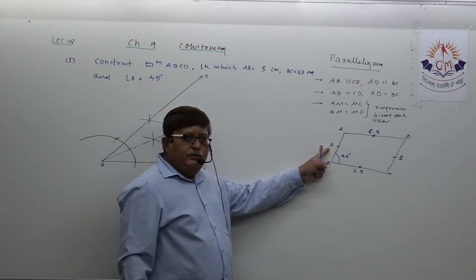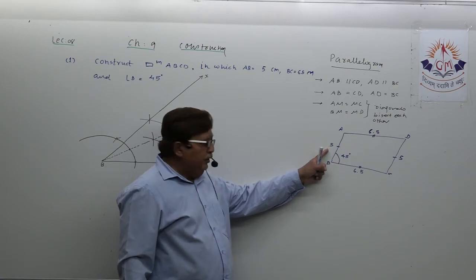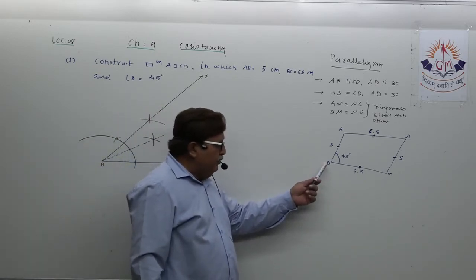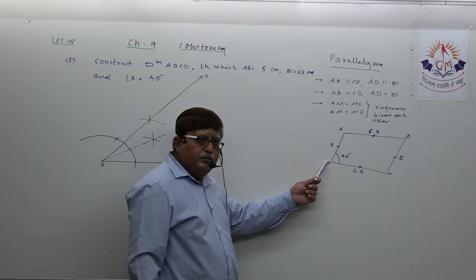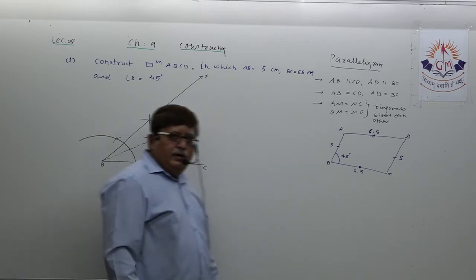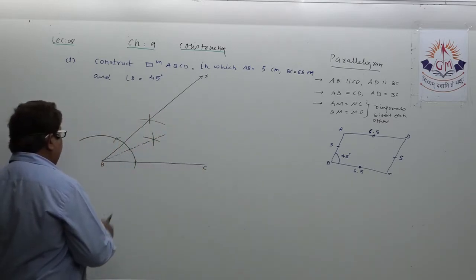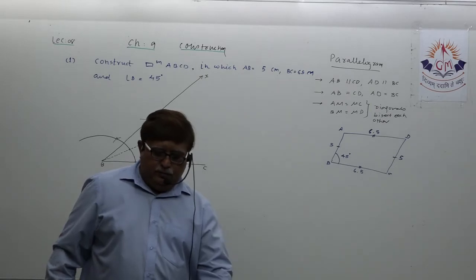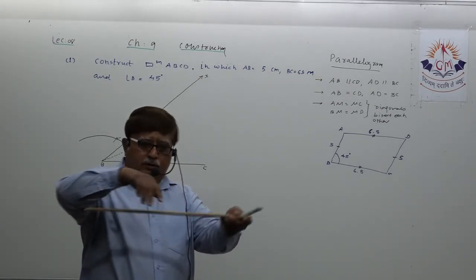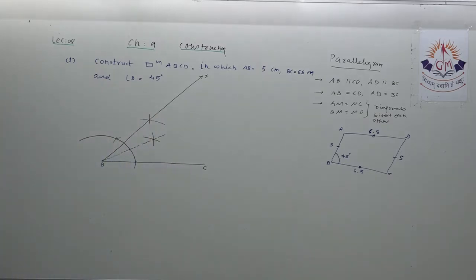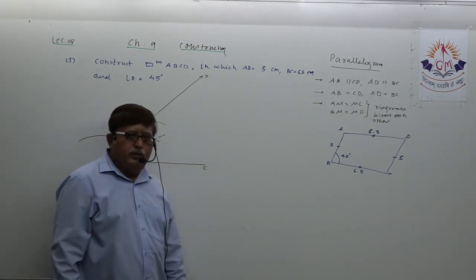What is the length of AB? 5 centimeter. So what are we going to do? We will center the compass at point B, take a radius of 5 centimeter, and draw an arc to intersect ray BX. So first, please adjust and take a radius of 5 centimeter on your ruler with the help of a pair of compass. Okay. First be precise. Take a radius of 5 centimeter with the help of compass and ruler.